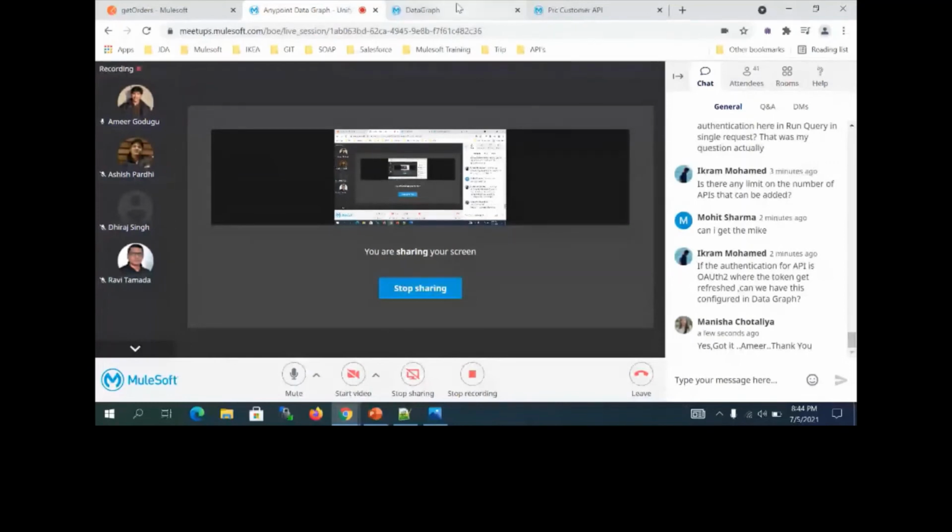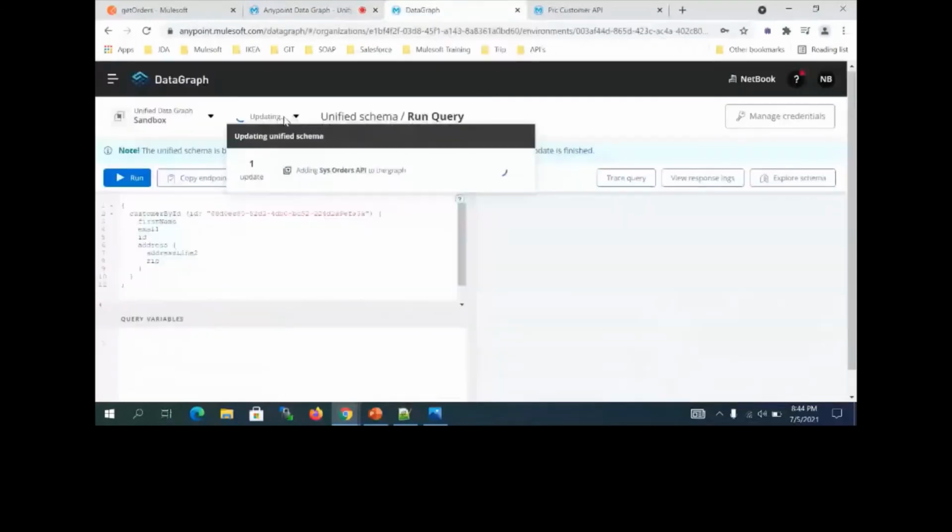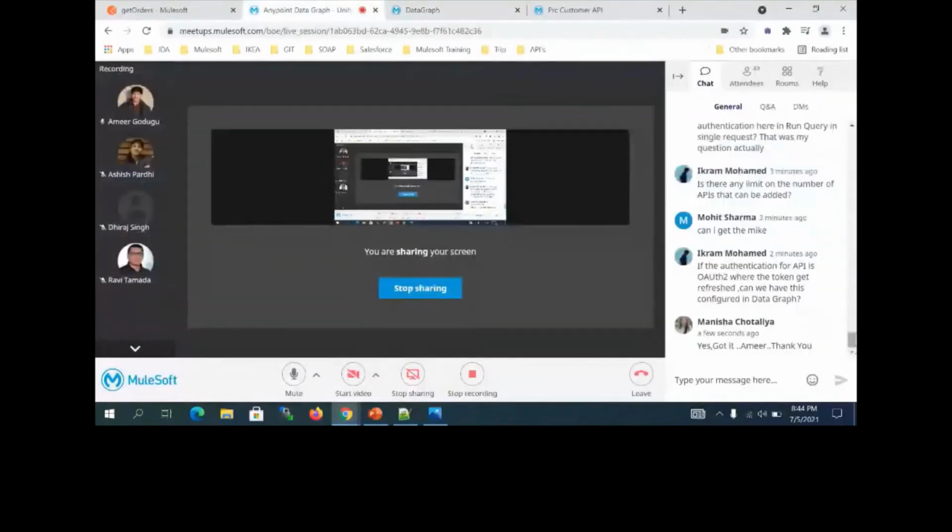So we have only the client ID, client secret, basic auth, and some policies; if we have applied custom headers, you can pass that. Only those mechanisms as of now are supported by the data graph. Okay, still updating it. Yeah, any other questions we can take, or if anybody wants to share, you can share.